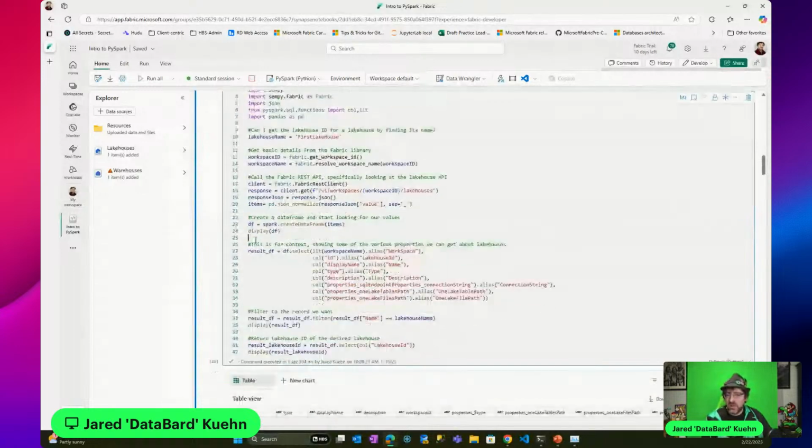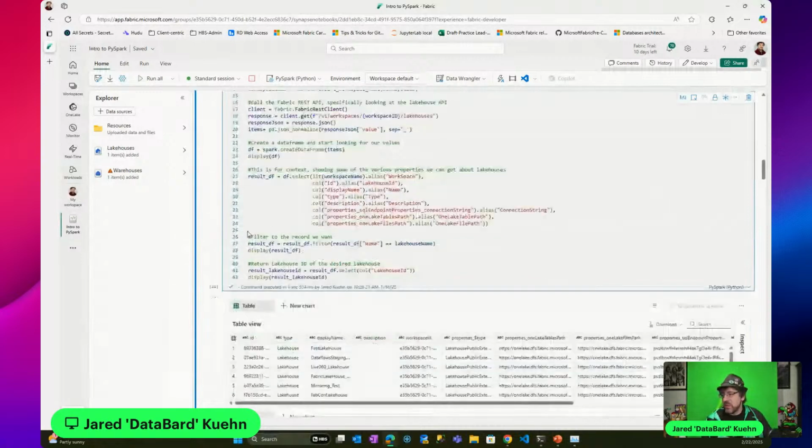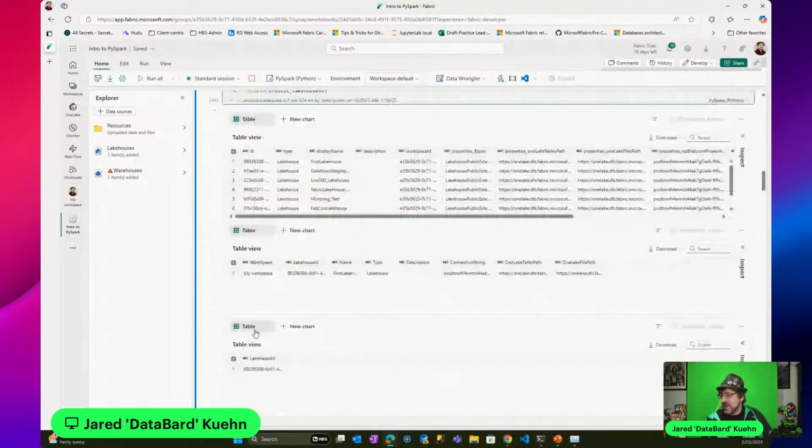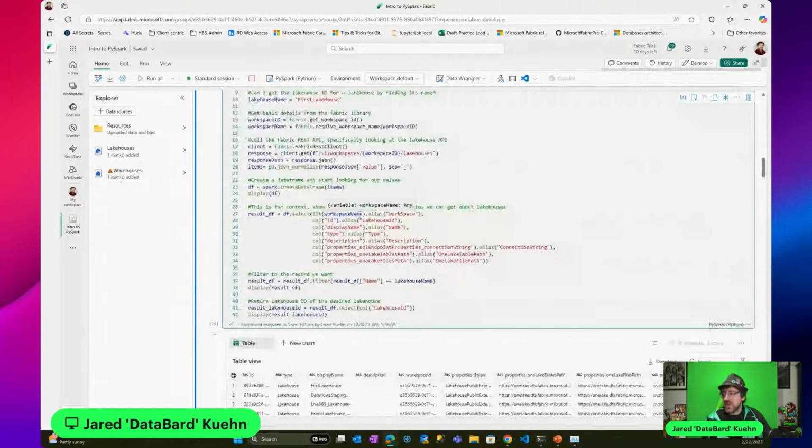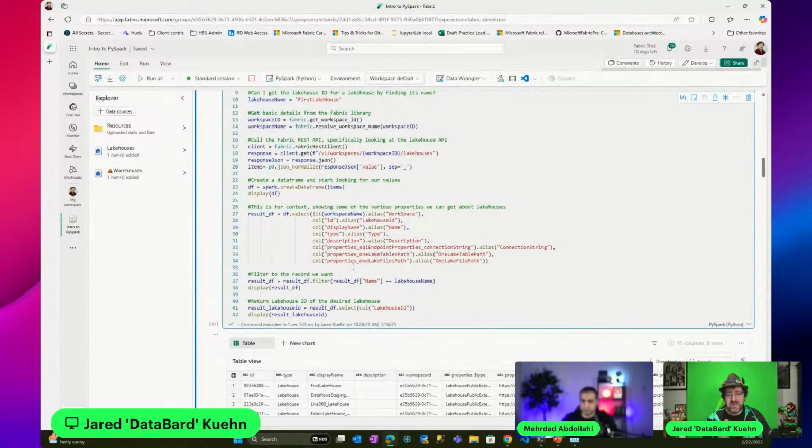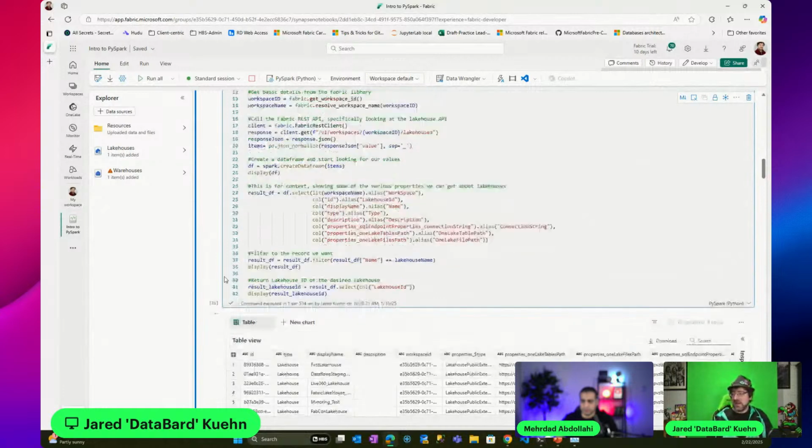The example I have here is where I can use this notebook and I can actually drill down into finding an individual lake house that I want to interact with, based particularly on dev, test, production. This is a situation where, as long as the lake house is consistently named in either environment, when I promote, by looking for it by name, I can make this solution where it won't just find the one that I use for development. It'll use the one that is specific to the workspace,